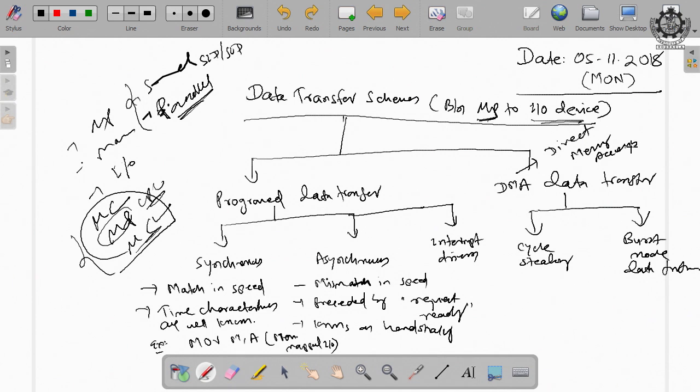Okay. So, broadly we can divide into two types. Then program data transfer can be further divided into three types. But to make it clearer, irrespective of whichever data transfer schemes we are going to study, all of these need some kind of hardware and software for their implementation.